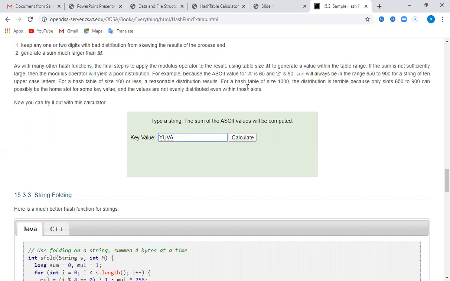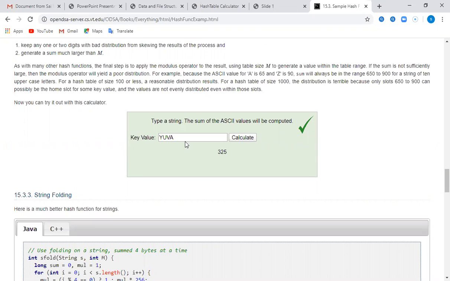We have to take the ASCII values here. What is the starting ASCII value of A? 65. Next B 66, C 67, D 68, E 69, like that. If you calculate the ASCII values for UVA, what do you get? 325. Good.